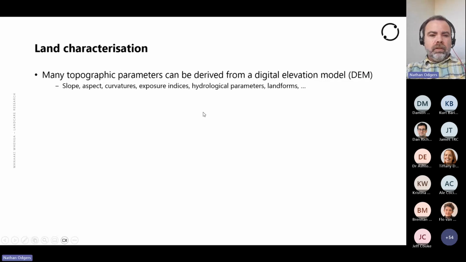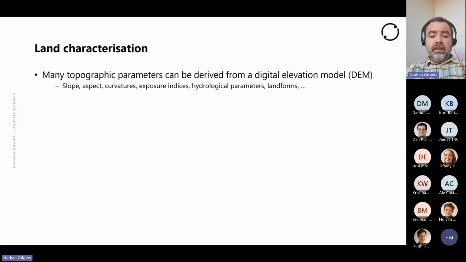Right. And so when we talk about land characterization, you might also be familiar with terms like terrain analysis or geomorphometry. What we're really talking about is using digital elevation models to measure the shape of the terrain, the landscape. We do that by computing what we call topographic parameters. So things like slope, aspect, which is the direction that a piece of land faces, lots of different kinds of curvatures of the landscape,